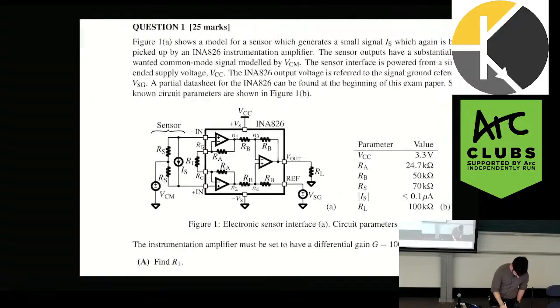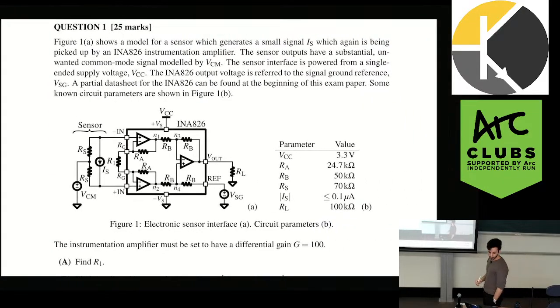Now, first question. The instrumentation amplifier must be set to have a differential gain G equals 100. Find R1. What would be the approach here? Yeah. For ease of analysis, you could just split the amplifier into two halves. You could just split R1 in the middle and split